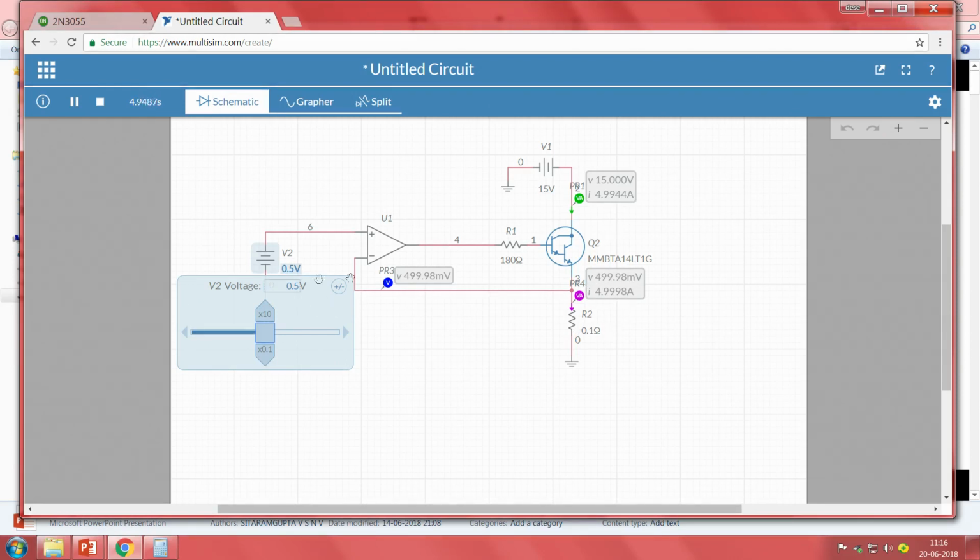So, this is also somewhere around 0.5, 499.98 millivolts is almost equal to 0.5 volts. 15 volts is input applied, 15 minus 0.5, 14.5 is the voltage drop across collector and emitter of the transistor. So, this current and the voltage drop across is responsible to generate heat. Since it is a simulation, we cannot see the heat, we can only understand what is the current flow, what is the voltage drop. So, based upon the data sheet, based upon the parameter, the relation between the temperature and the wattage, we have to calculate what will be the power, what will be the temperature on top of the transistor.